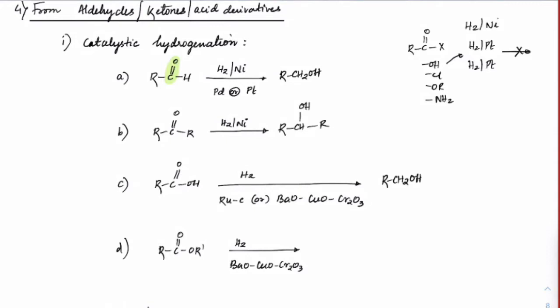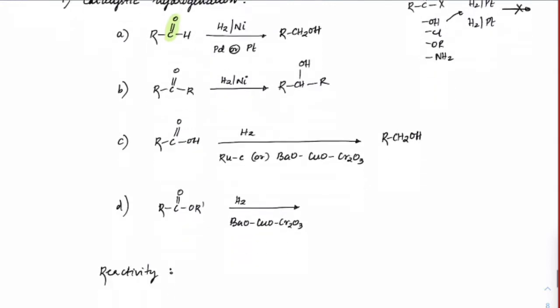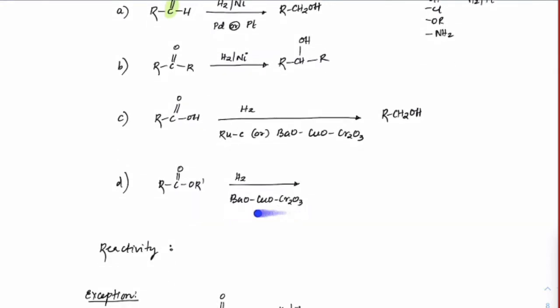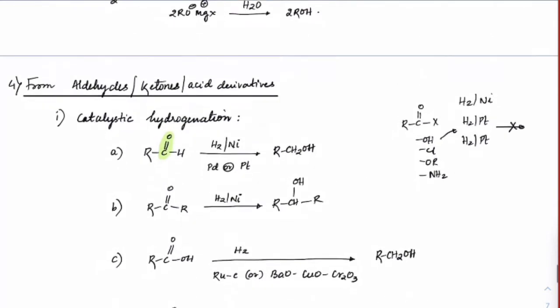No need of mechanisms for this, you just need to know what catalyst is used. For acids only this particular catalyst has to be used. Same way for esters, this catalyst is most useful, other catalysts do not give a good impact. So what is the product? Again an alcohol formation, RCH2OH, and in fact we will have two alcohols here, we have R-OH also. So these two alcohols will be formed.